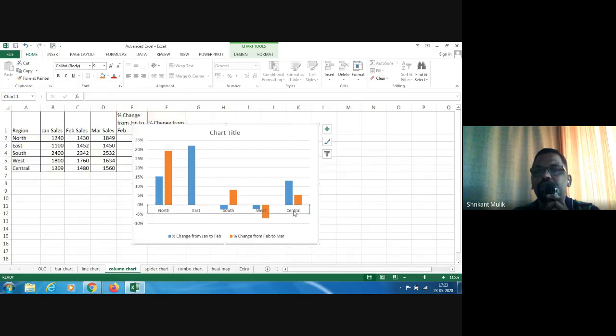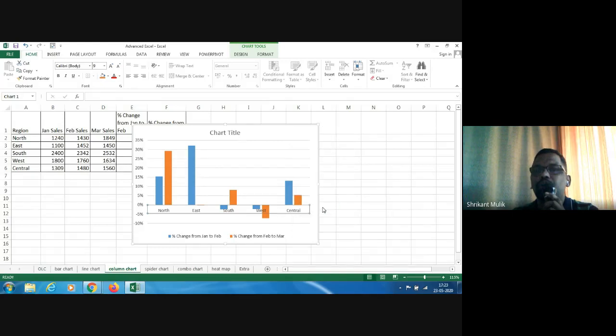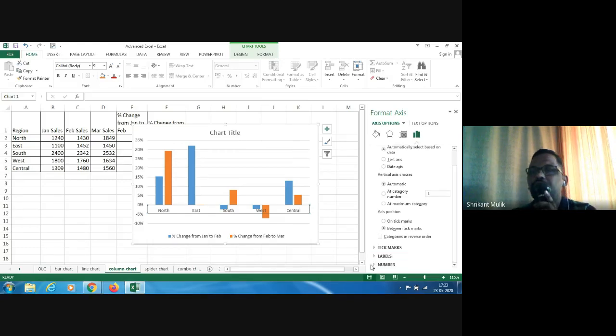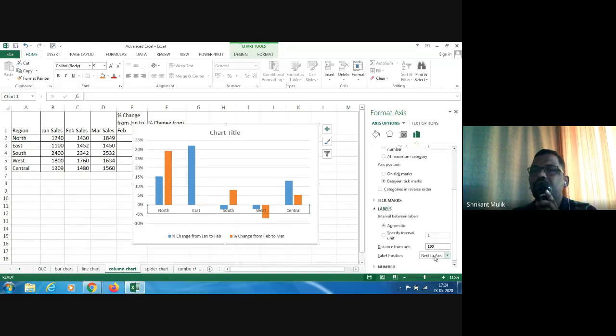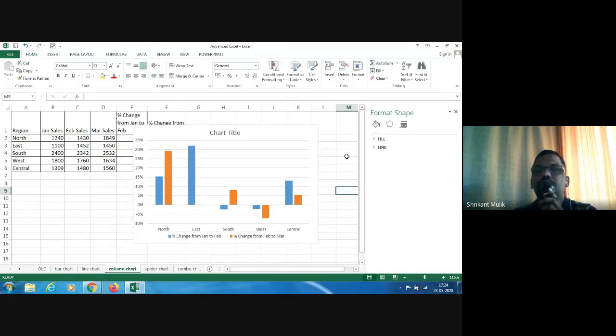So I can click here, right click, and then I will go and say format axis. When I go to format axis, this is Excel 2013, so this is the user interface. It could be a little different for different people. Here I have axis. I could go to labels, and there is something like label position. I will put it low, and here it goes. This is now looking a little better.